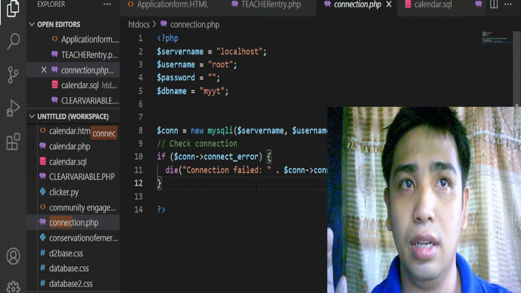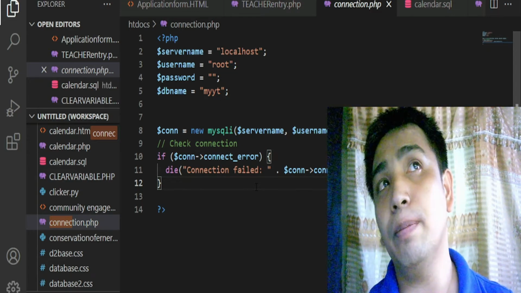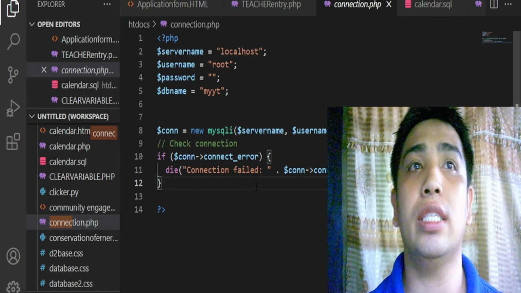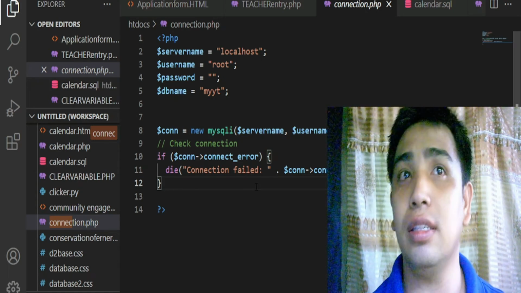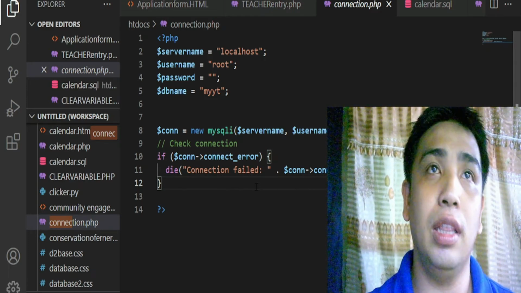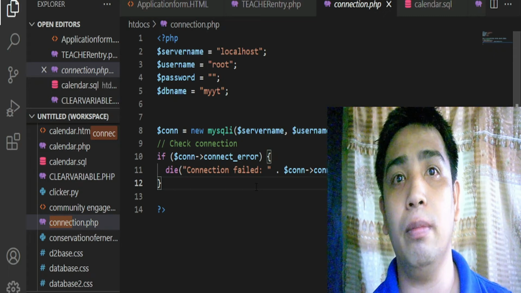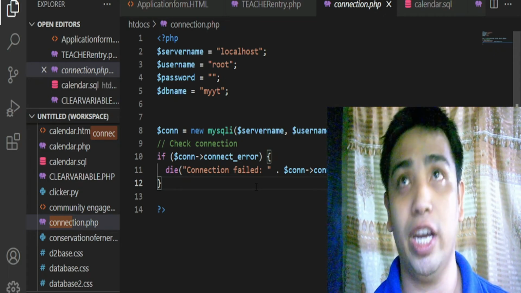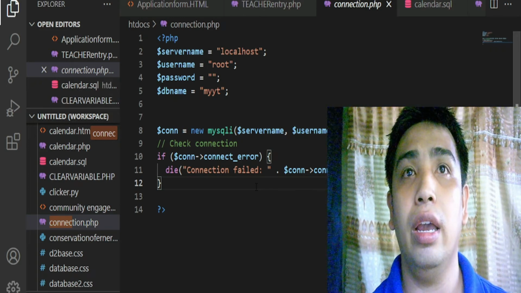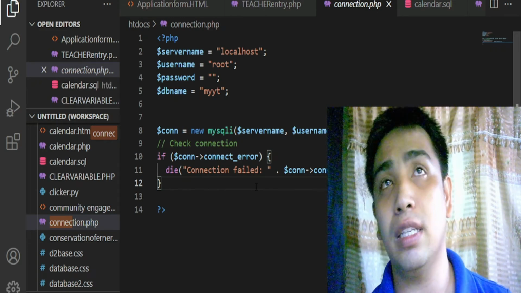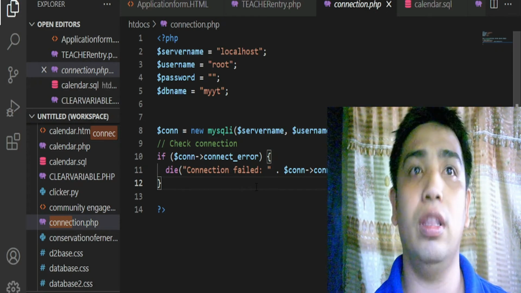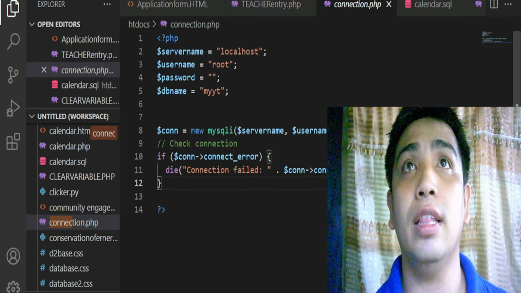This simple code, in my case, always works. I guess creating this separately will save you time rather than typing it over and over again. So I'm just gonna use include. That makes it possible to access it in any PHP code that I'm gonna use. So I'm gonna write include